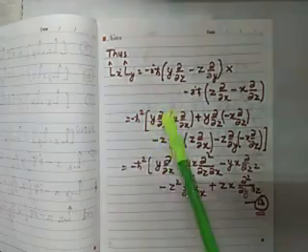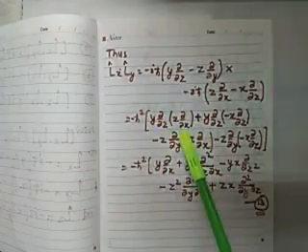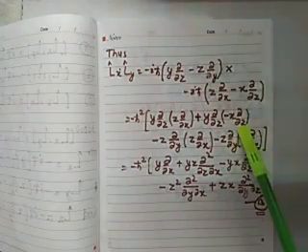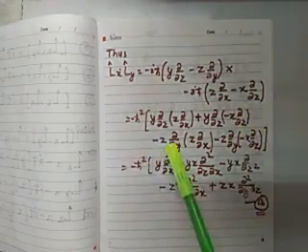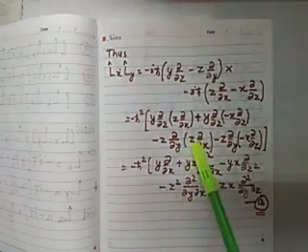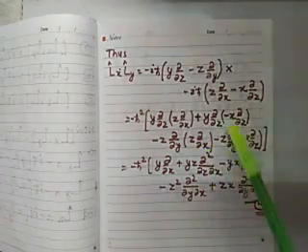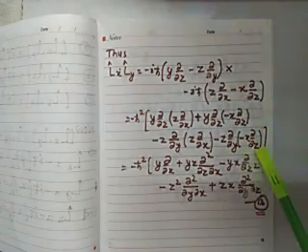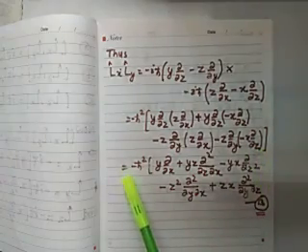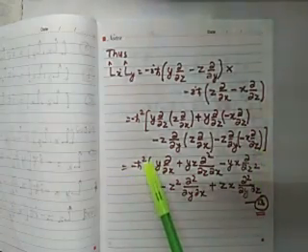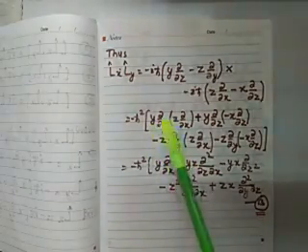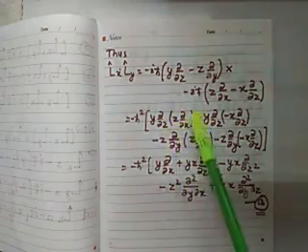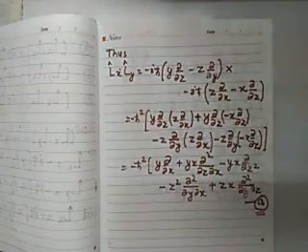This is given by y del upon del z into z del upon del x, plus y del upon del z into minus x del upon del z, minus z del upon del y into z del upon del x, minus z del upon del y into minus x del upon del z. Now, this is equal to minus h cross square.